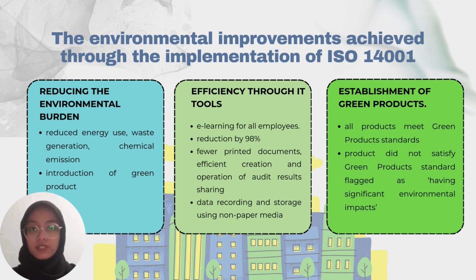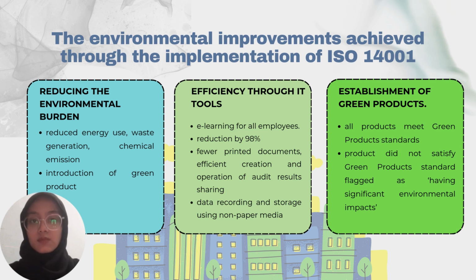First, in terms of reducing the environmental burden, Fujitsu has significantly lowered its energy consumption, reduced waste generation, and minimized chemical emissions across its operations. One major initiative has been the development and introduction of green products that are more eco-friendly throughout their life cycle. Next, Fujitsu has improved efficiency through IT tools. For example, e-learning is used to train all employees, cutting down on travel and printed materials. They have achieved a 98% reduction in paper use by digitizing documents, audit records, and data storage,